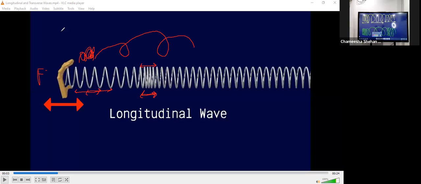If the compression is a very small compression, formed by only about three rings like this, then the amplitude the wave carries is low, meaning the energy of the wave is low. But if the compression is extremely compressed, the energy the wave carries is extremely high. Right? Yeah, sir, I understood that part.